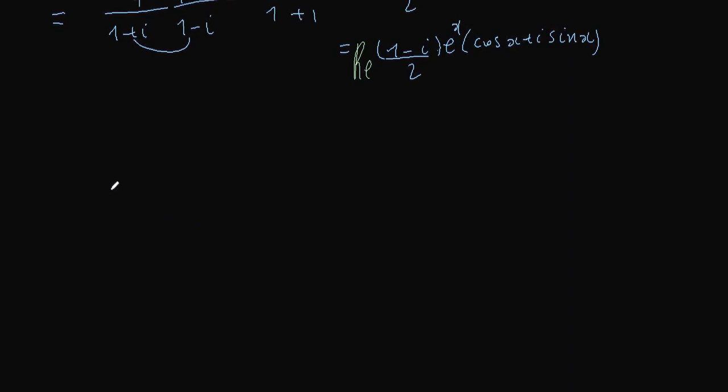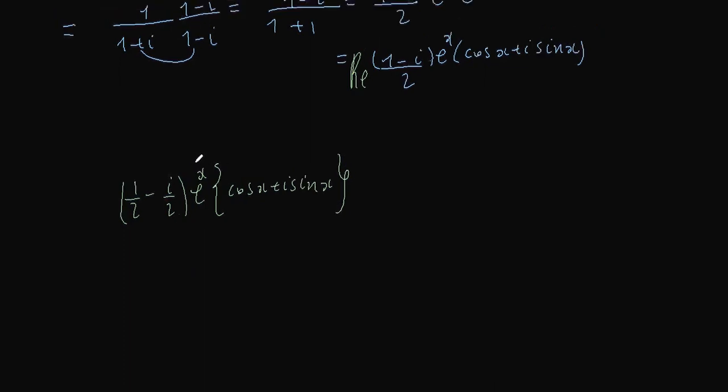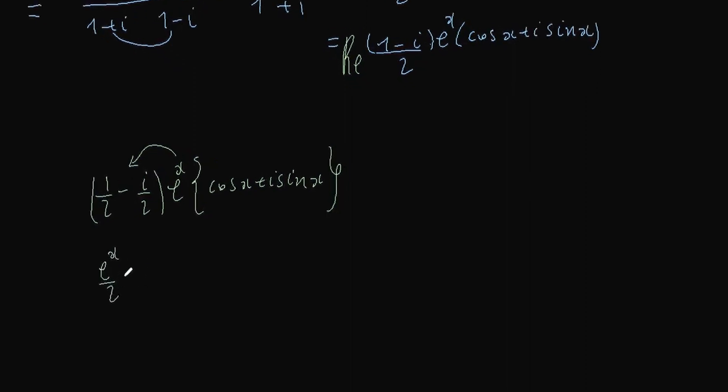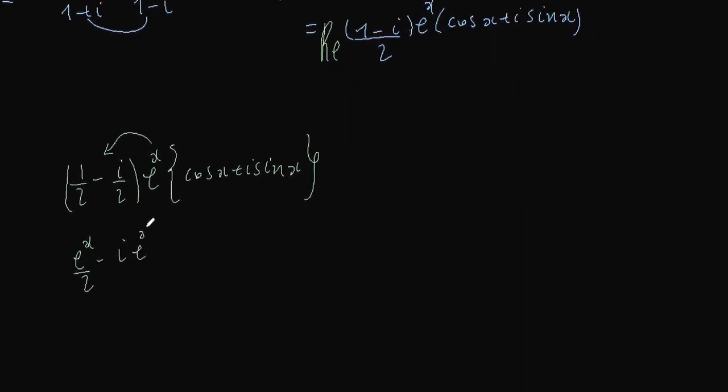So this is equal to (1 over 2 minus i over 2) times e to the x times (cosine x plus i sine x). Now let's multiply e to the x by this, so we get e to the x over 2 minus i e to the x over 2 times (cosine x plus i sine x),